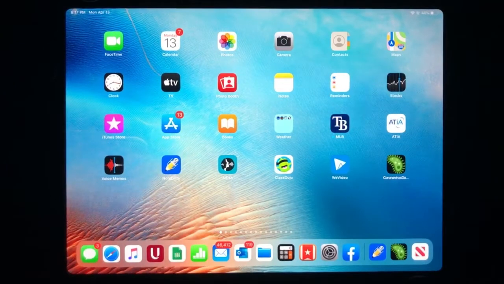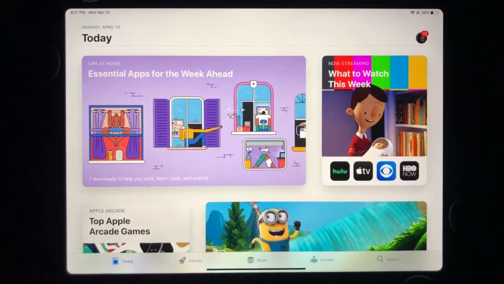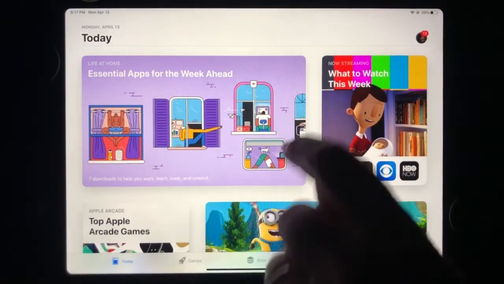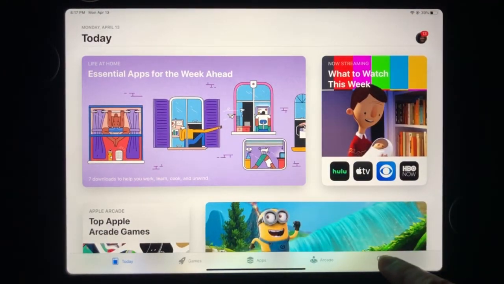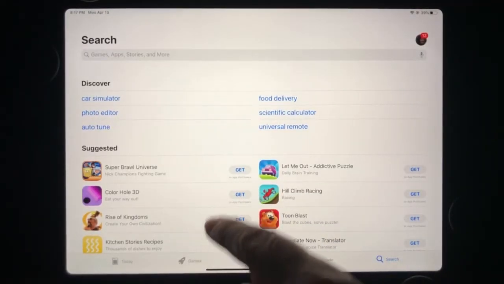But we're going to download it, and we're going to use it when we read a book, and that will be my next video. So right now we're going to go into the App Store and download this app. It's right here, my App Store. So I'm going to go down to search, and I'm going to search for